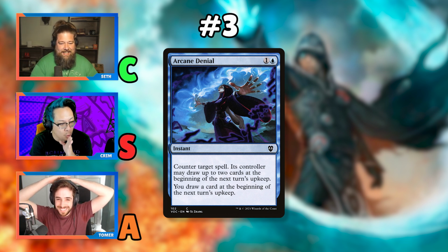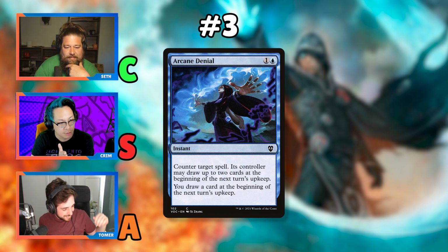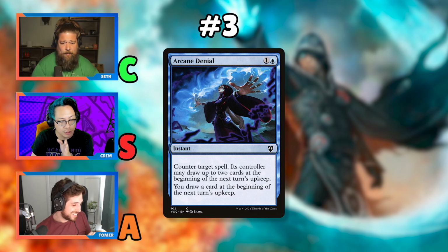You're thinking of it in 1v1 terms where card advantage matters, right? In 1v1, card advantage matters a lot, right? But